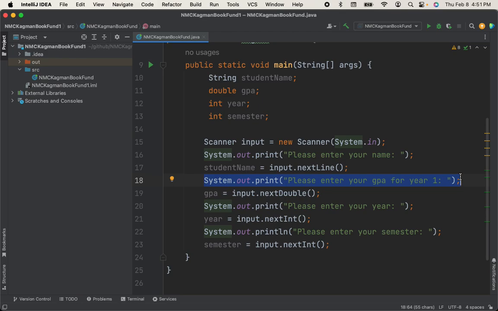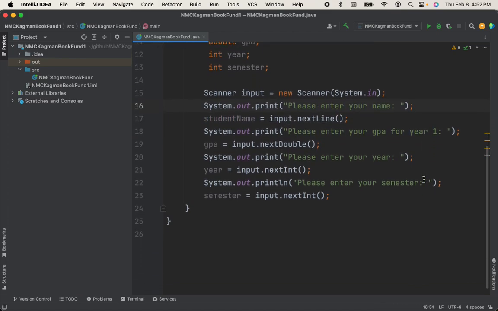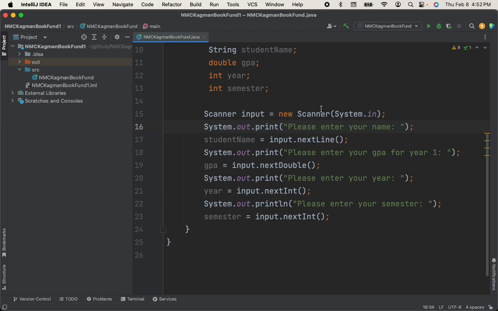Or you could do a loop within a loop, right? You could do a loop 4 times that asks a particular question 2 times, right? Enter your semester, enter your year, enter your GPA for year 1, right? Or enter your GPA for semester 1 of year 1, okay? Other things you don't have to loop. And then once you get the data, one of the things you could do is you could actually store your data in